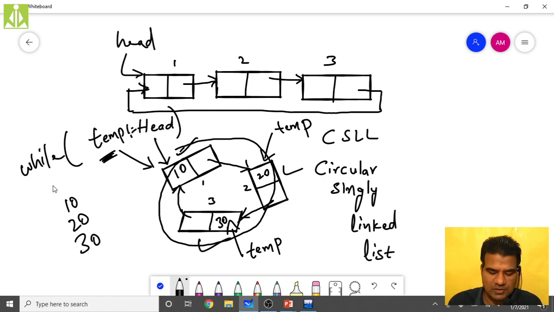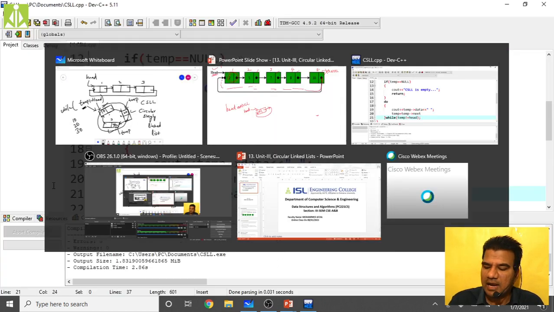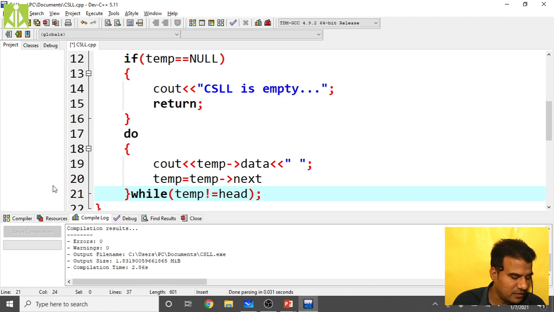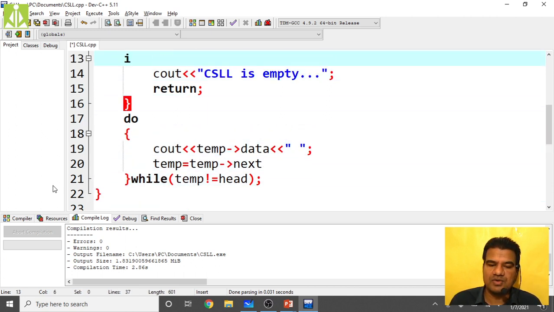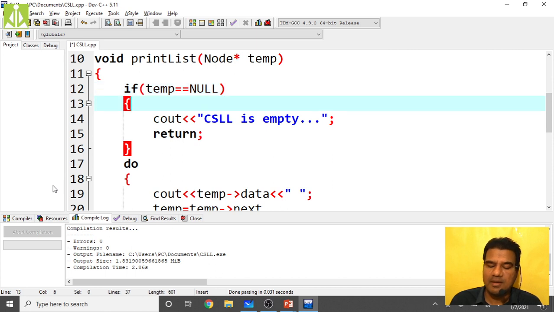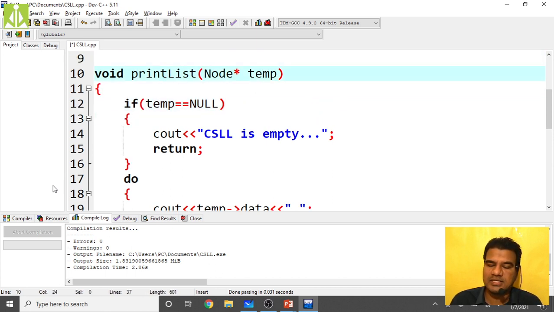The same case we have implemented here, and I hope this will work. So for the simple print list function, you have to remember only this much code: passing the head node to the print list function, and that head address will be copied into the temporary pointer.